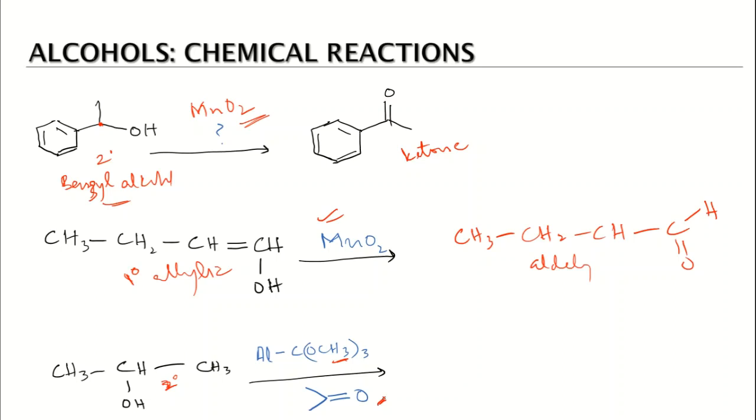So recognizing the type of alcohol and the reagent that we are using, what is this reaction called? We have discussed this reaction, and this is called the Oppenauer oxidation. This is a special type of oxidizing agent that selectively converts the 2-degree alcohols into the corresponding oxidation product, and obviously the oxidation product is again the ketone. It will be a ketone like this.